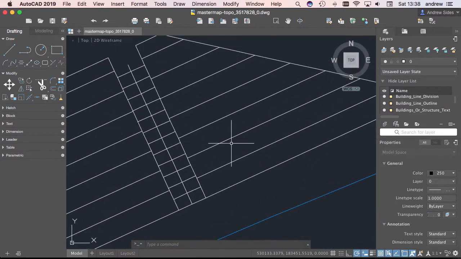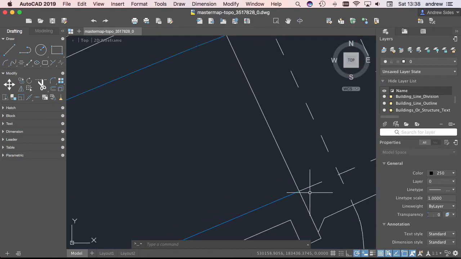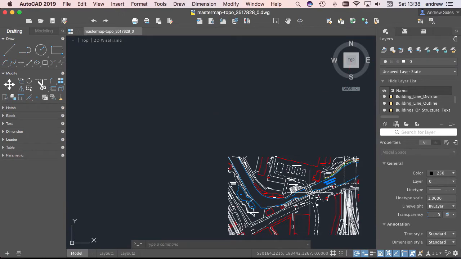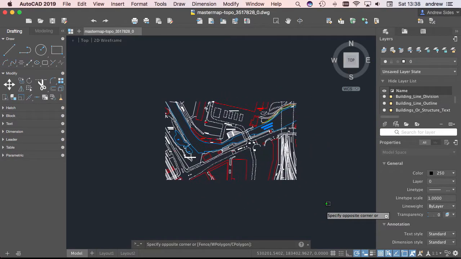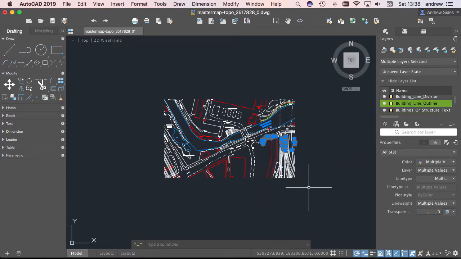You can see if you zoom in, we're looking at these lines and they remain sharp because they're vector based. You can zoom out and see. There it is in AutoCAD. Now if you want to open this in Illustrator instead,